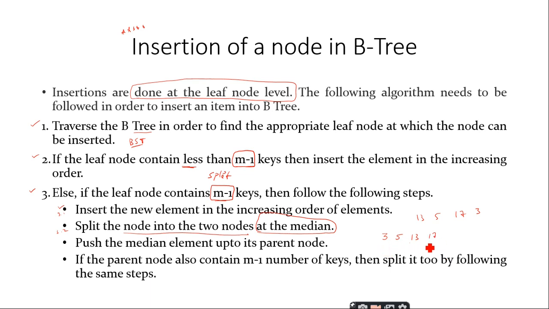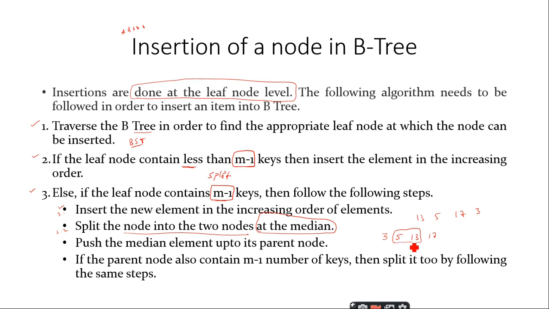Out of 3, 5, 13 and 17, what is the middle value? 5 and 13, sir. Both are middle values. Right, it's 5 or 13. We can say that 5 or 13. So these two, 5 and 13, become the middle,